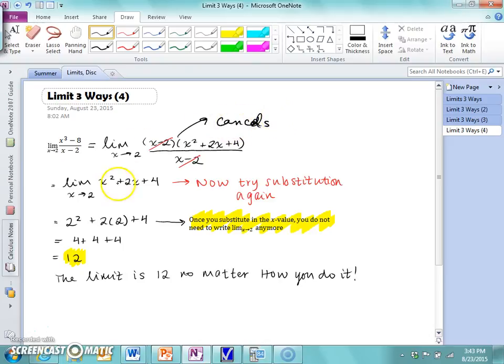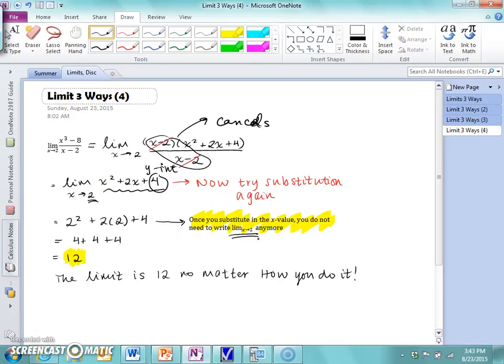Now, after it cancels, we're left with a quadratic here, with a y-intercept of 4. So that's why our graph looks like a parabola, because all we're left with is a quadratic. Now we're going to try substitution again now that we got rid of this problem, the x minus 2. That's gone. Once you use substitution, and you're actually plugging the x value in, you don't need to write LIM